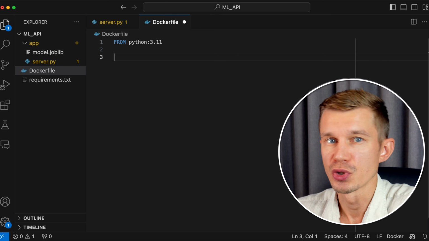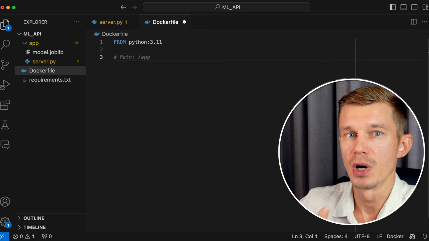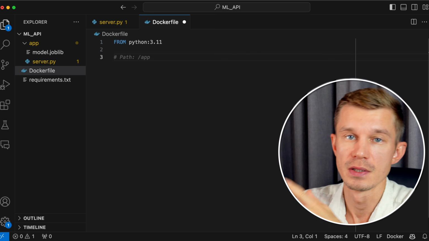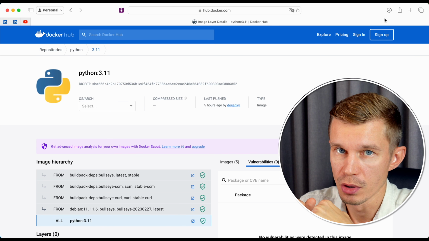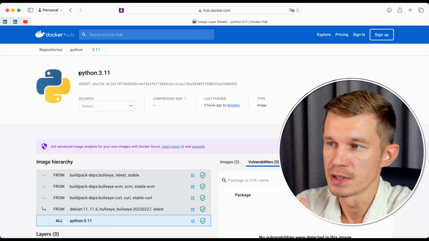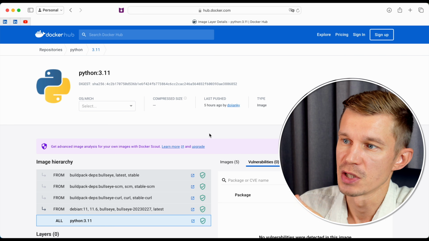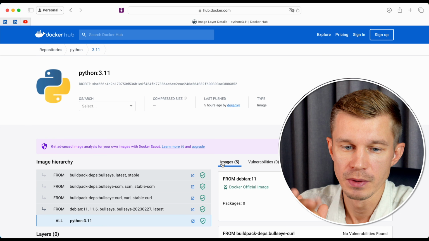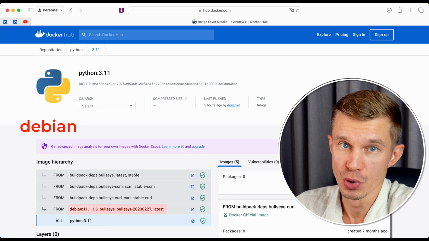Each subsequent command will stack on the result of the previous command, and they have to be sequential. The first command is always going to be the image that you are going to use to create this container. This image is going to be pulled from Docker Hub. There are a lot of different images that satisfy different criteria. In our case, we're going to use Python 3.11, which is going to pull an Alpine distribution of Linux with